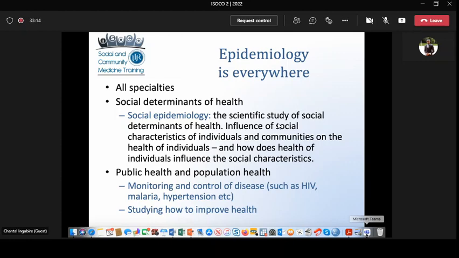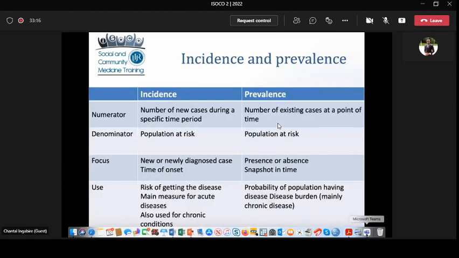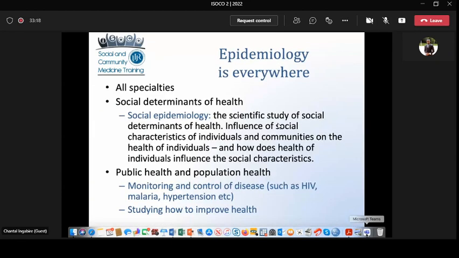Yes. Great. Now, when we talk about epidemiology, there are two main concepts that are often used in epidemiology, and these are incidence and prevalence. I think this is not the first time that you have heard about incidence and prevalence in epidemiology. And what is the difference between the two concepts? What is it when we talk about incidence in epidemiology or when we talk about prevalence?